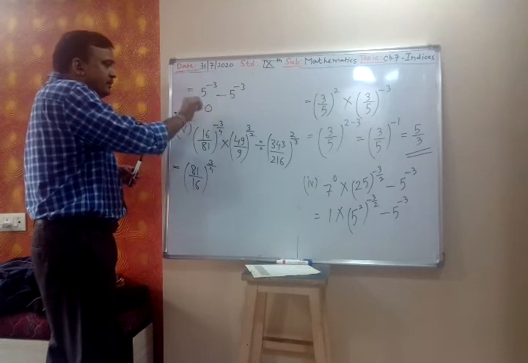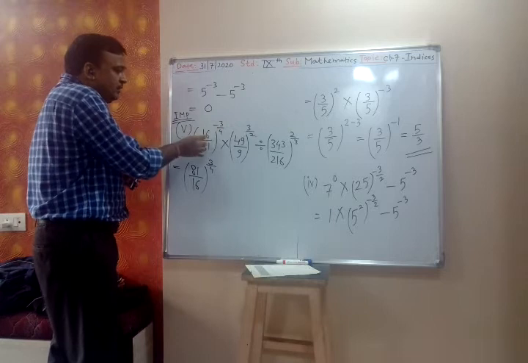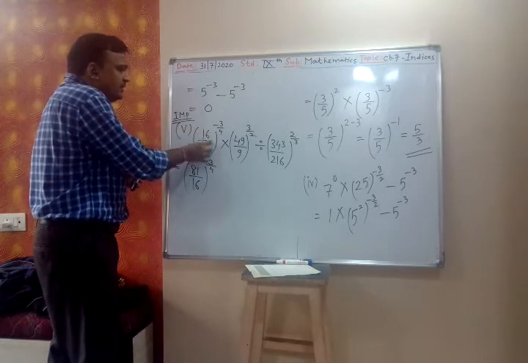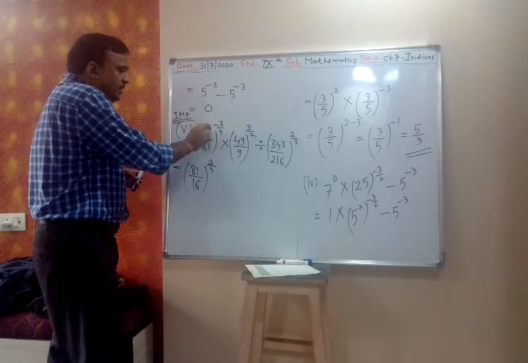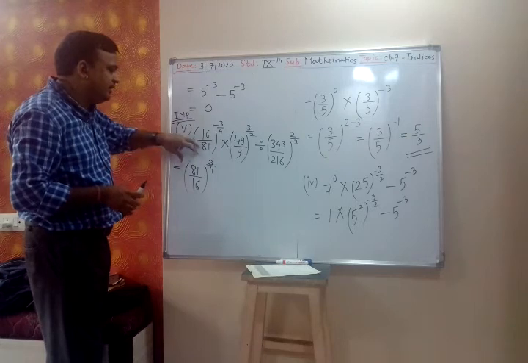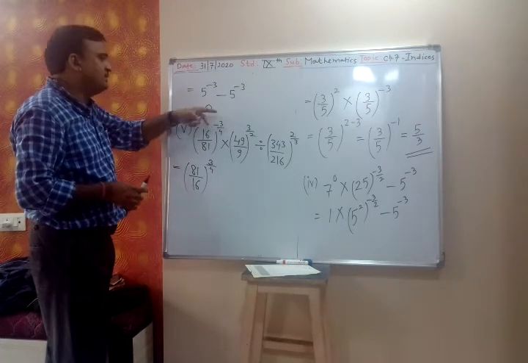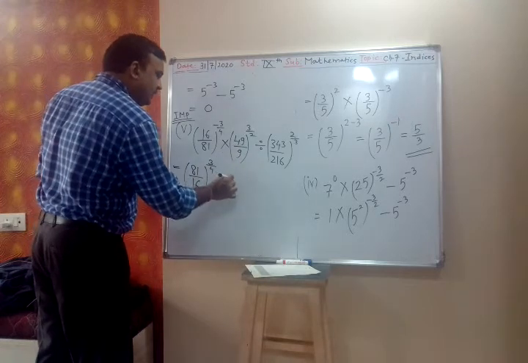When we take reciprocal of the number inside the bracket, the sign of the power changes. So 16 upon 81 we write 81 upon 16 raised to plus 3 by 4 into 49 upon 9,